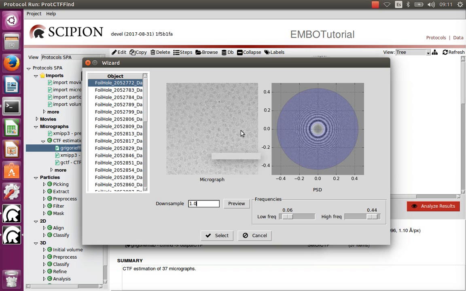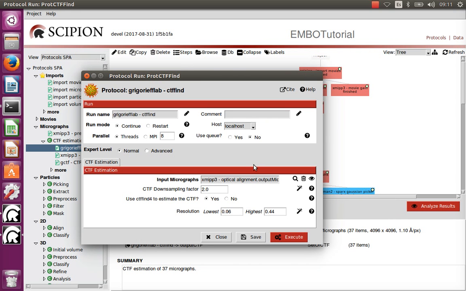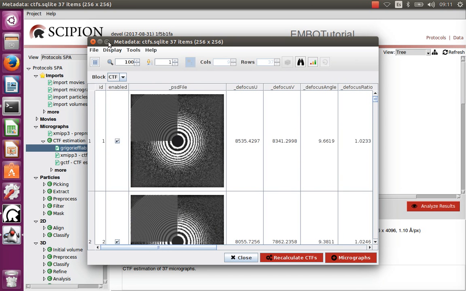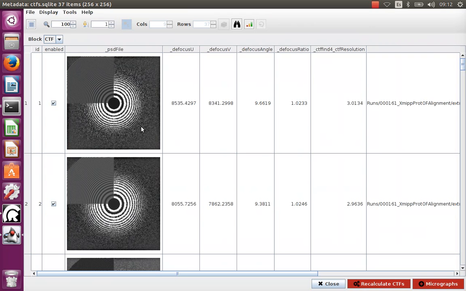So there is no micrograph for which the tone rings are so small, so concentrated in the origin that we cannot see them properly. So we would choose the parameters and then go back to our form and launch it. So we did already that, and the output is this table here. So this table here is showing the power spectrum that was observed in the micrographs, and then